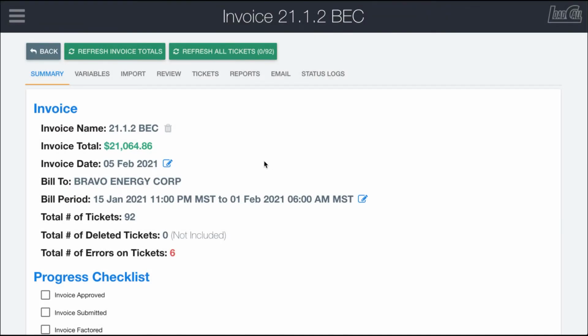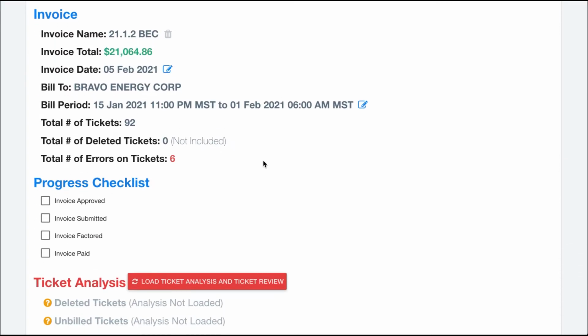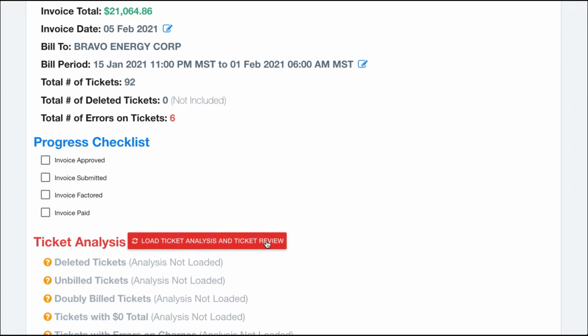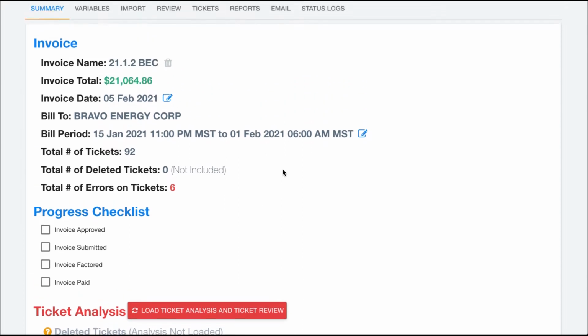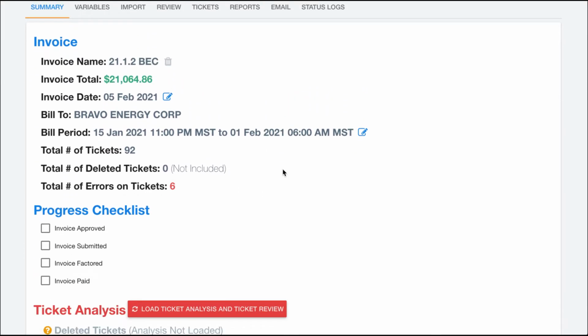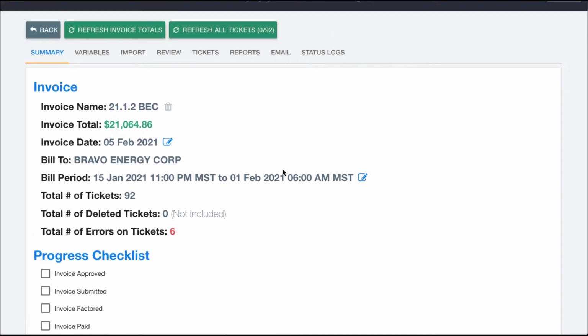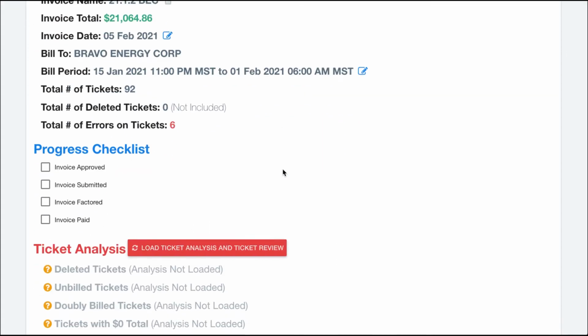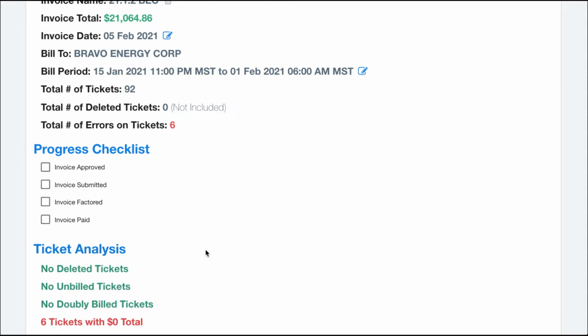Alright, so the next thing we want to do in our invoice is load in the ticket analysis and ticket review, which will help us identify any errors or potential errors on our tickets before we go through. I'm going to do some more advanced troubleshooting in a different video, but we'll do a little bit in here. So I'm going to click on the Load Ticket Analysis and Ticket Review button, which